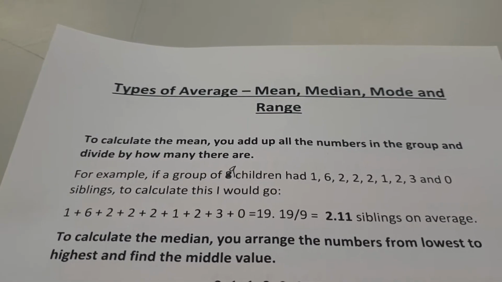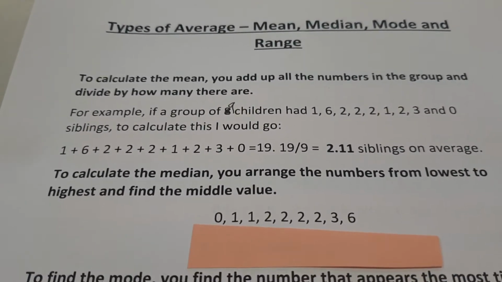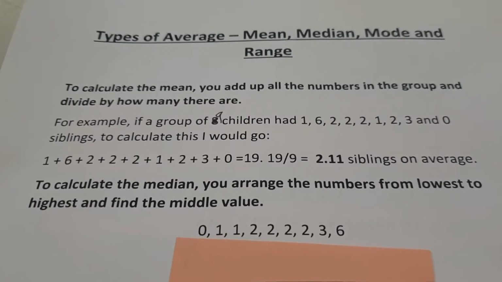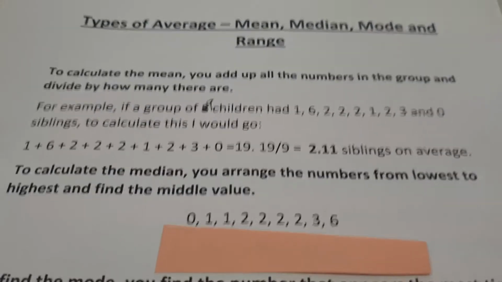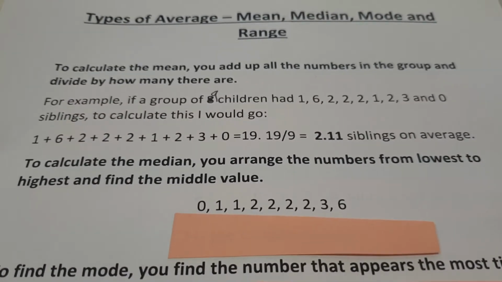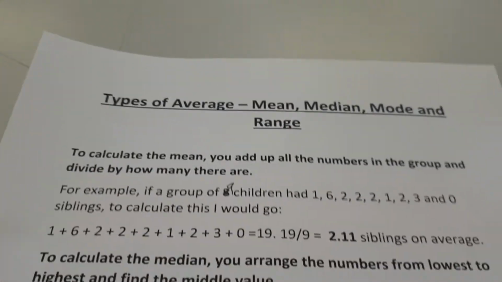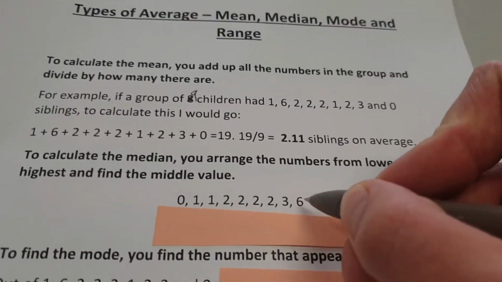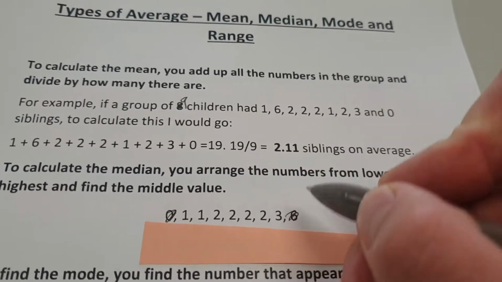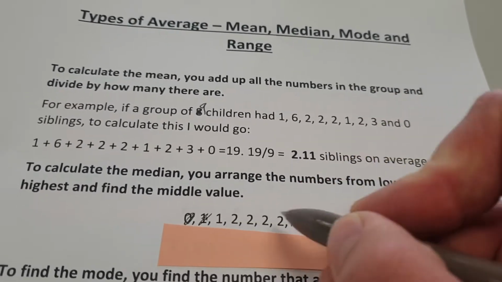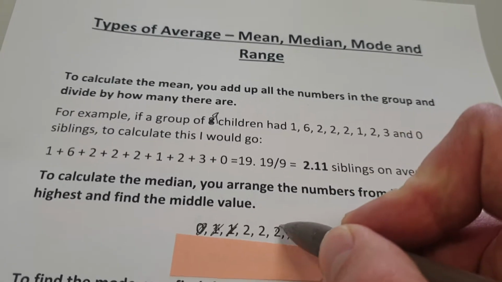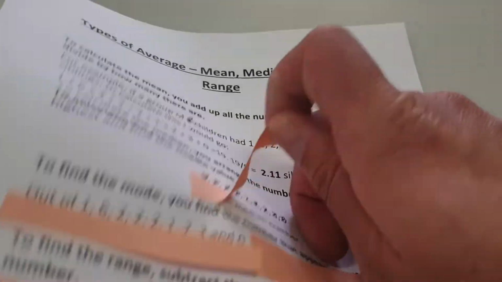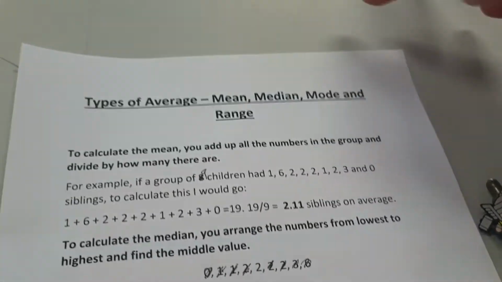We then got the median. So for median, we arrange the numbers from lowest to highest, and then we find the middle value, okay? So I've got them just there. That's the same numbers as before, but I've arranged them from lowest to highest. When I'm doing these, I sometimes find it easy to sort of do this as we go. So I cross out a number from the end and the beginning. And we can see there that doing that, it leaves me with 2 being the middle and therefore the median